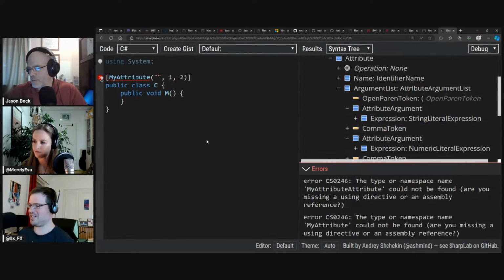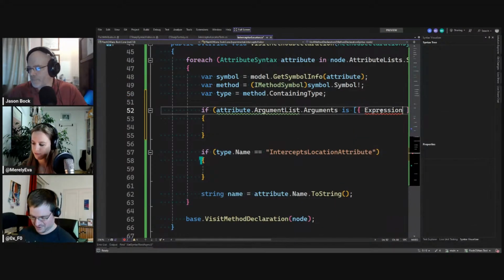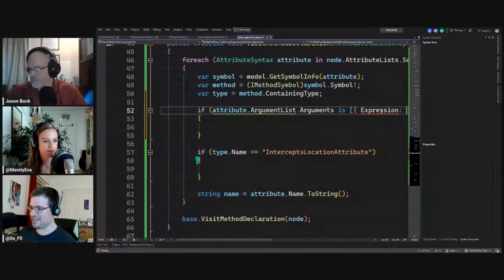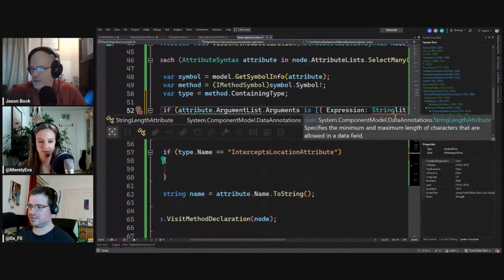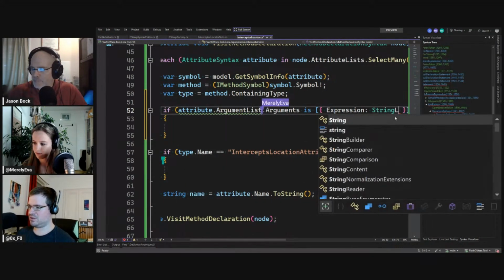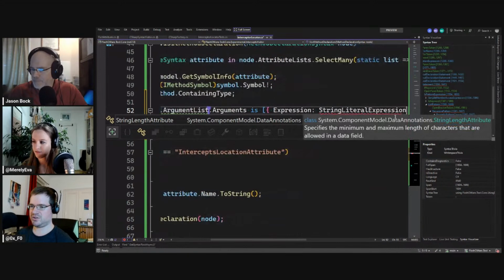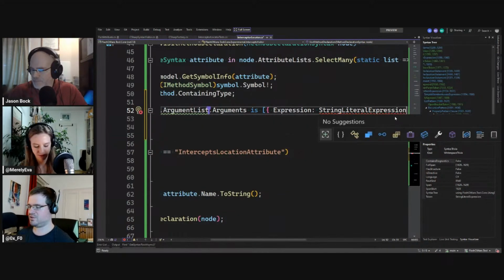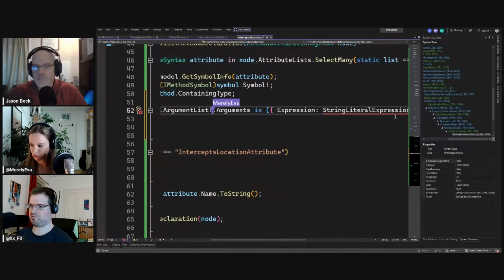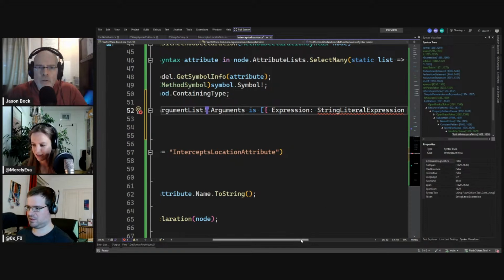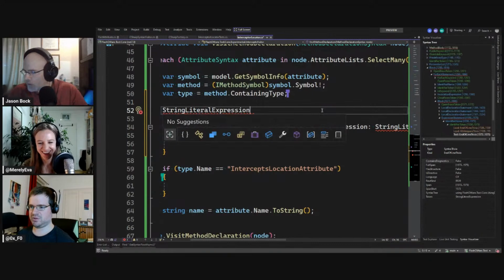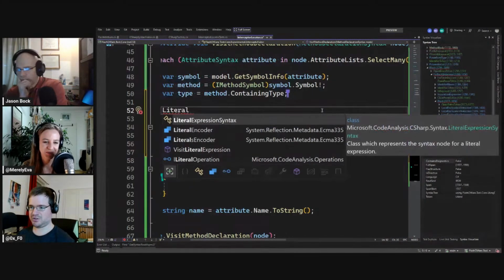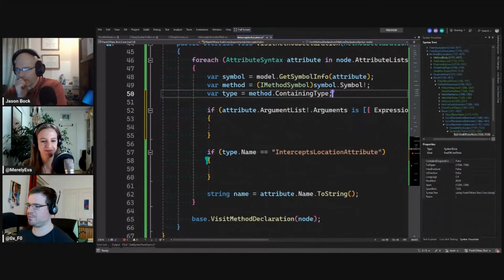If this expression is a string literal expression, is string. Is this not a string literal expression syntax? Does this not exist? No. Yes. Why am I having something wrong? Was it just a literal expression? Okay, literal expression syntax it is.